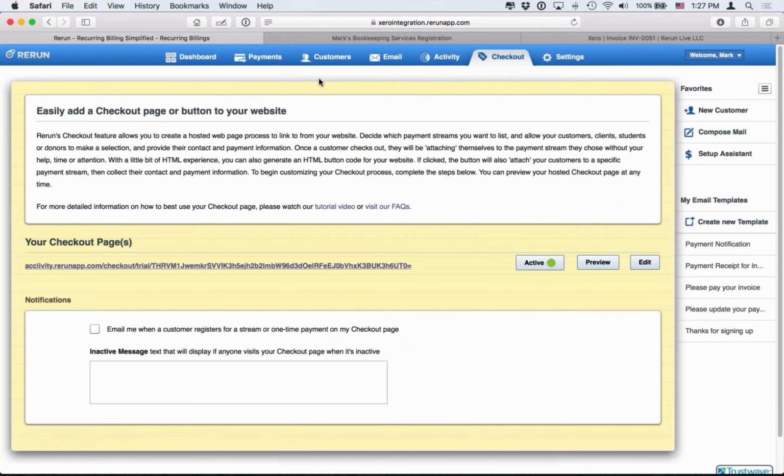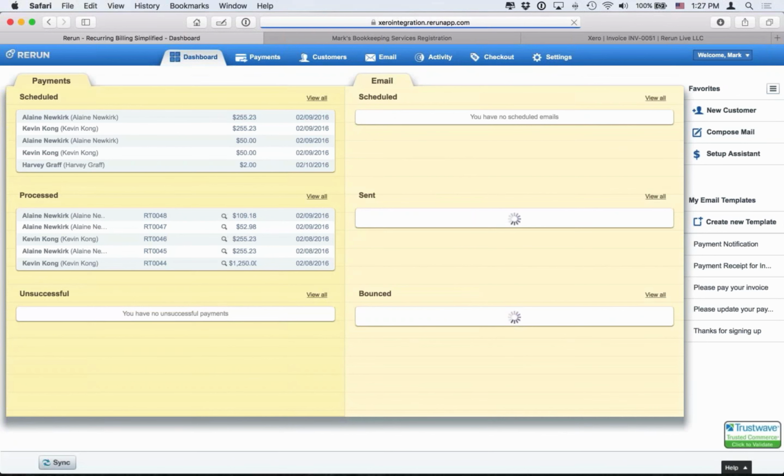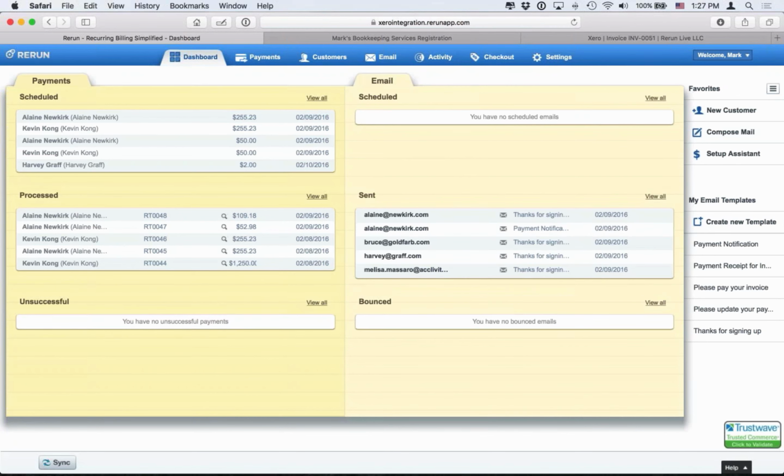So that's really the basic overview of how we're going to work with Xero. I think you'll find that Rerun offers a really compelling service if you've got recurring invoicing or recurring billing needs. And again, you can use Rerun without doing too much setup because we have a sample file that allows you to configure. Once you're ready to get going, as Melissa mentioned, it's really just a question of submitting an application because you'll be getting access to a merchant account, what we call a flat fee merchant account. So ultimately, you're really only using what you pay for.